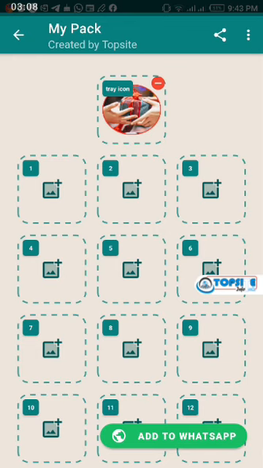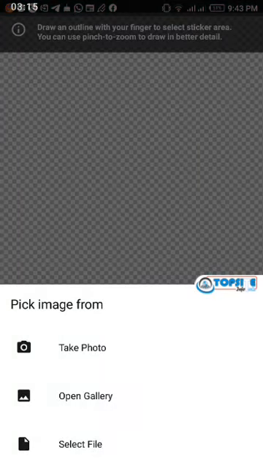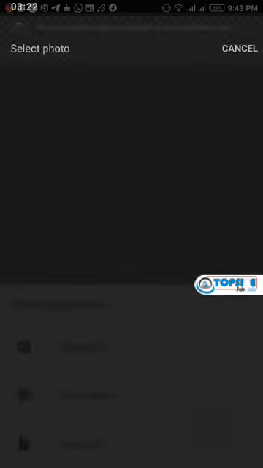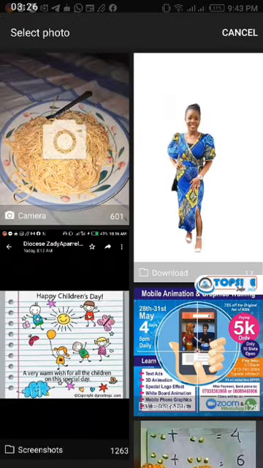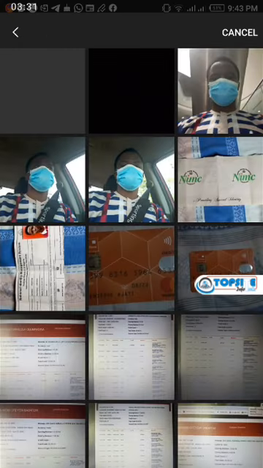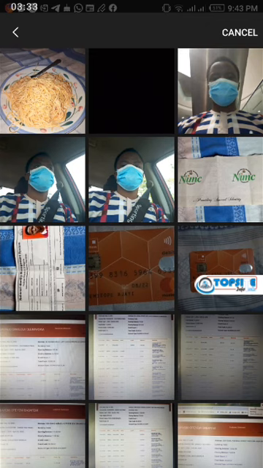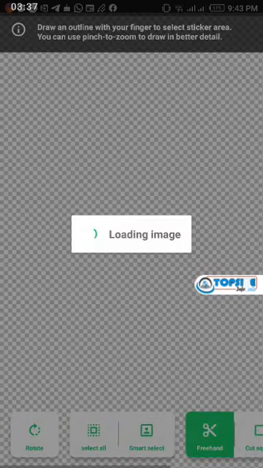Now if I want to add the first sticker, I'll just click on box one. The moment I click on box one, it's going to pop up asking me to open your gallery. So just open your gallery. It has your phone pictures. Then in the phone pictures, you search for the picture you want to use to create your sticker. So I'll go to my pictures, and I'll select one of the pictures I want to use. I'll be using this particular one where I'm wearing a mask. So the moment I choose that,